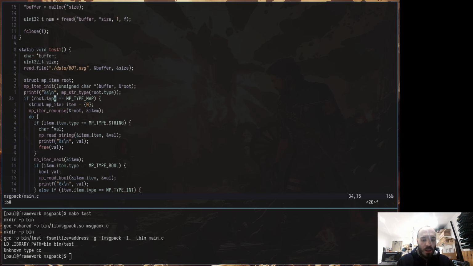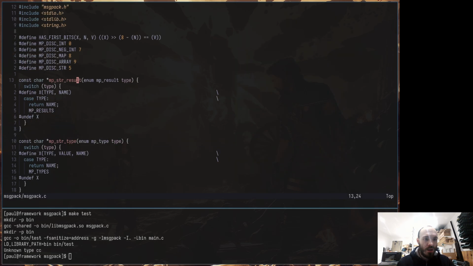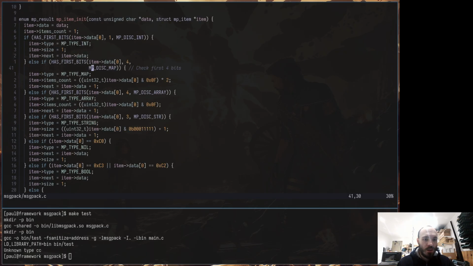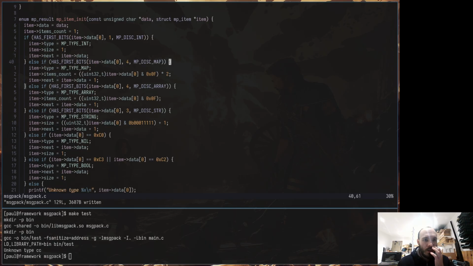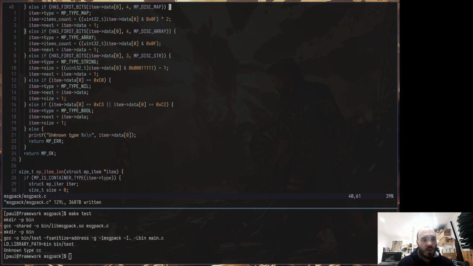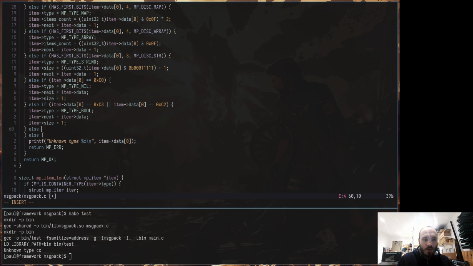Right, so now I can go into this file and go into the big branching logic there, and then say, I'm going to remove this because it messes up my formatting. Do I want to keep all of the ints together, or do I want to keep all of the variation? I think I'm going to do all variations together first. So here I can say else if item data